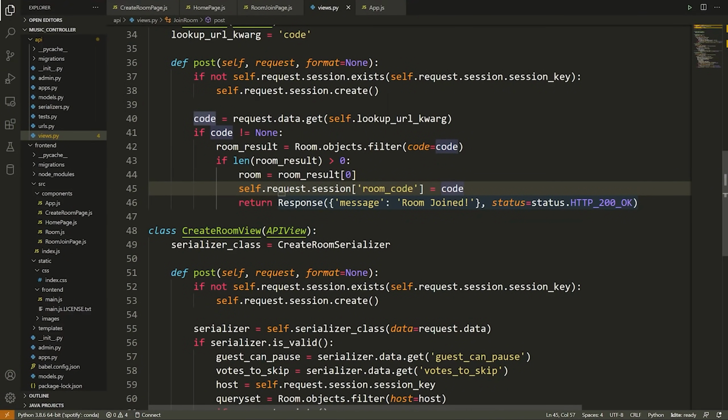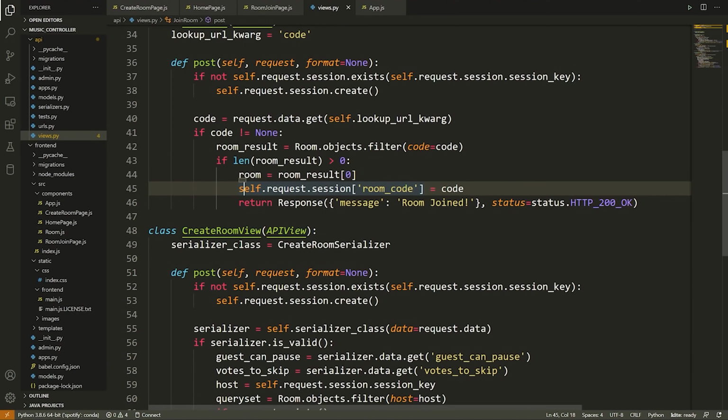Later on, we're not going to do it in this video, we'll check if a user is currently in a room. If they are, say they return to the website, like they close their Safari app or their mobile phone app and then come back to it later, we'll know that they were originally in this room and we can return them to that room without them having to type the code in again. That's why I'm adding this room code to the session, so we know which user is in which room. Then we'll add some functionality in the room page later on that will let the user leave the room so that they can join another one if they want to.